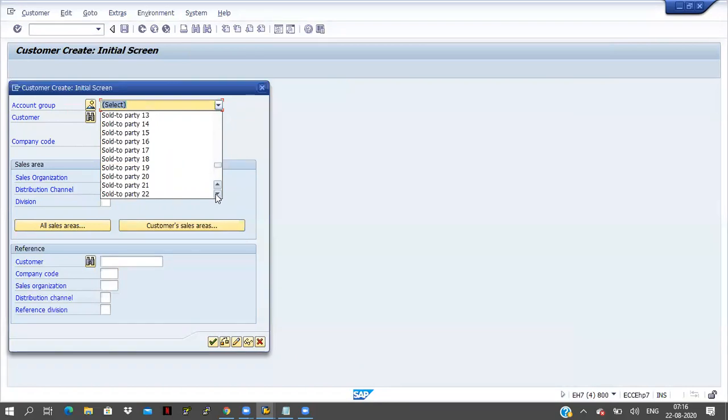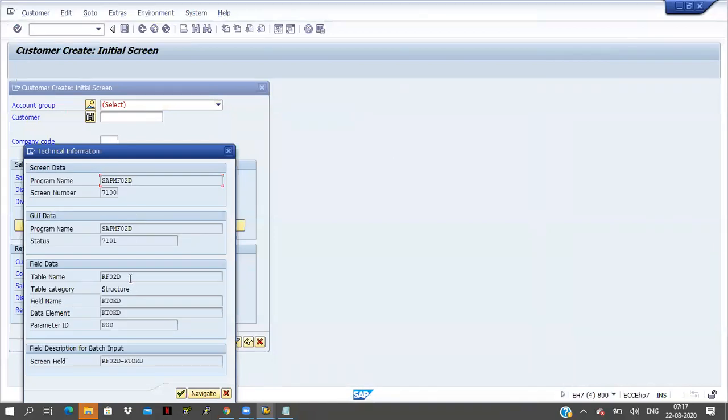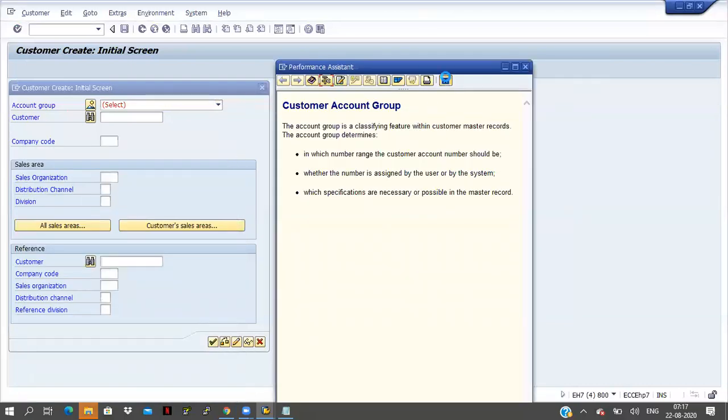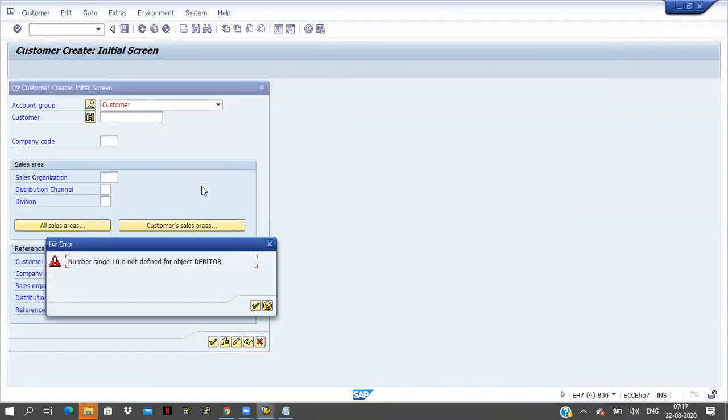No, this one will be given by the functional team. They have to help us here, which type of account group we have to take here. One minute, I will check the F1. Something customer I'm taking here. Click the enter button.